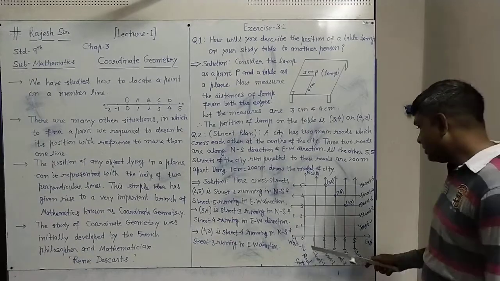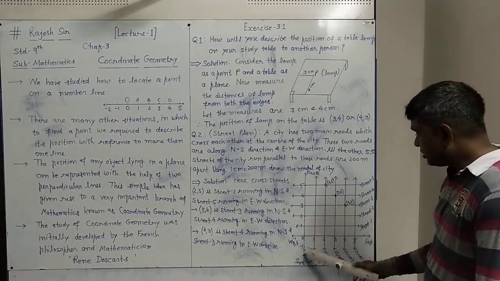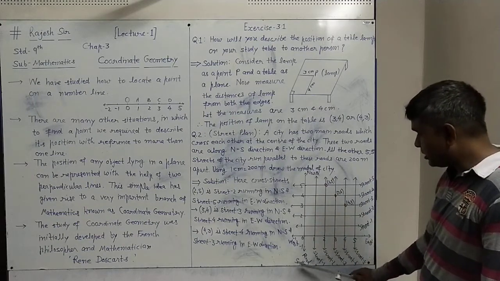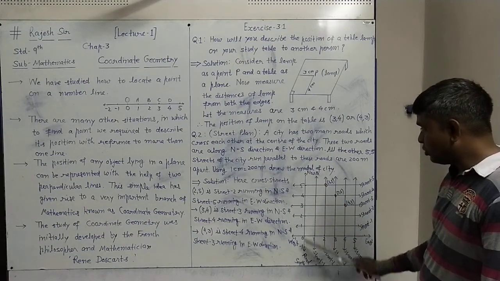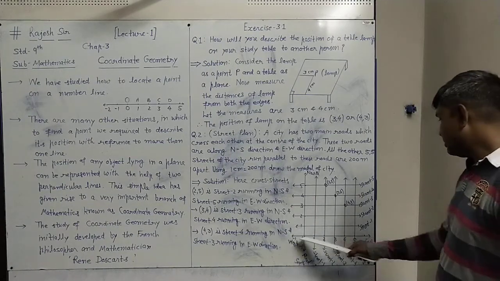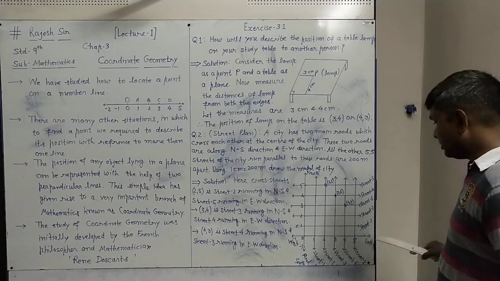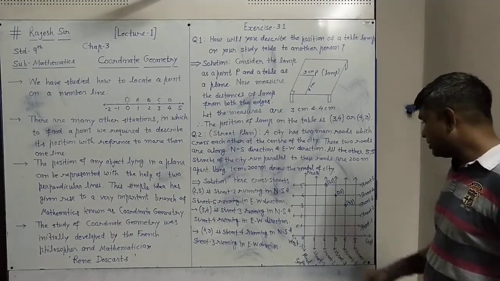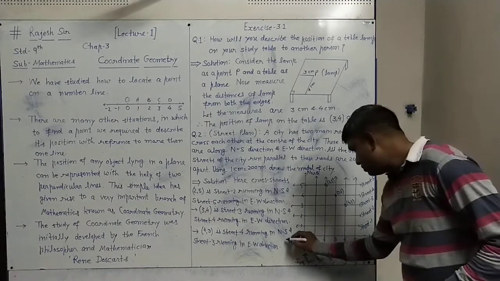So that we have done here. In the north-south direction, the main road is shown this way. This is north, this is south. Road I have written, the road is shown this way. And this line is the east-west direction, that is the second main road which is shown.